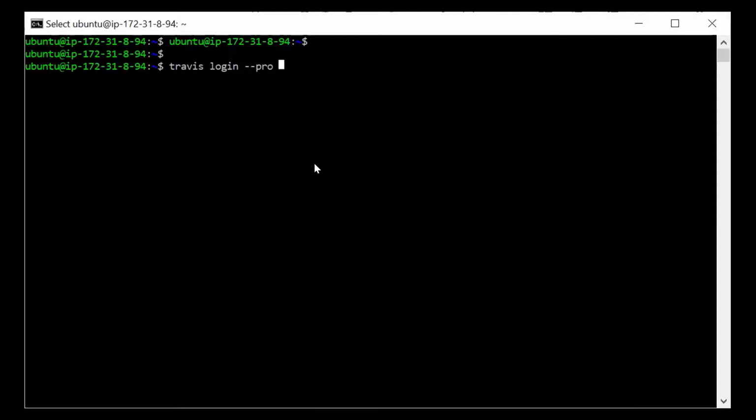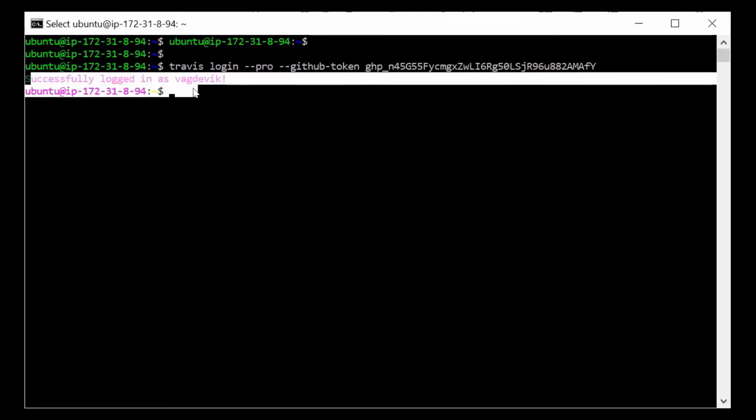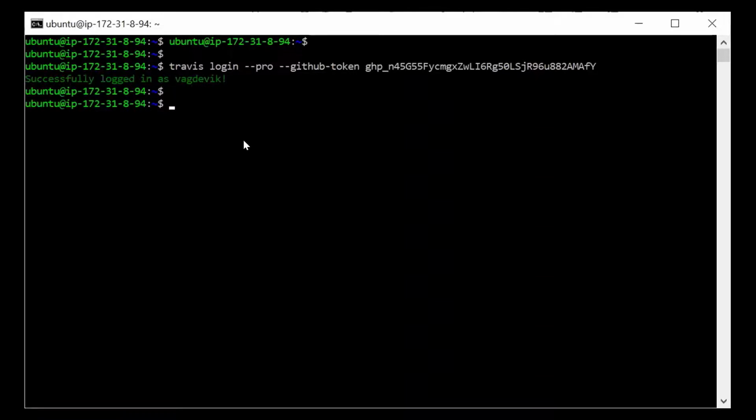Okay, then hyphen GitHub token and my token. Okay, so it shows successfully logged in, right? So then